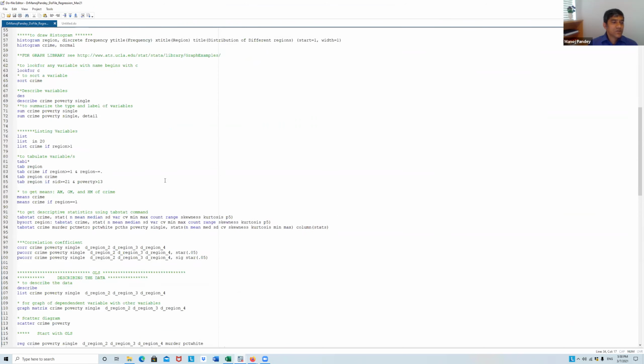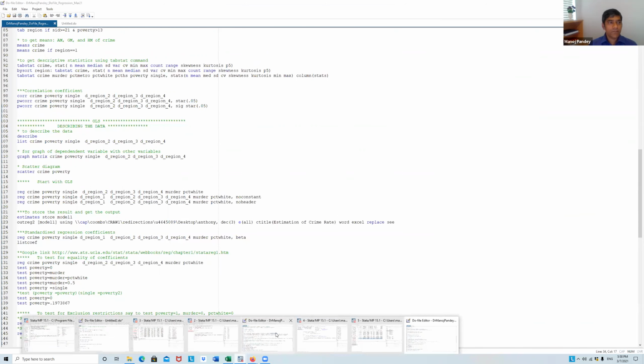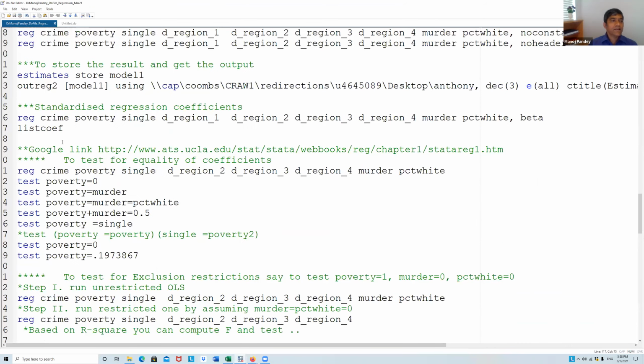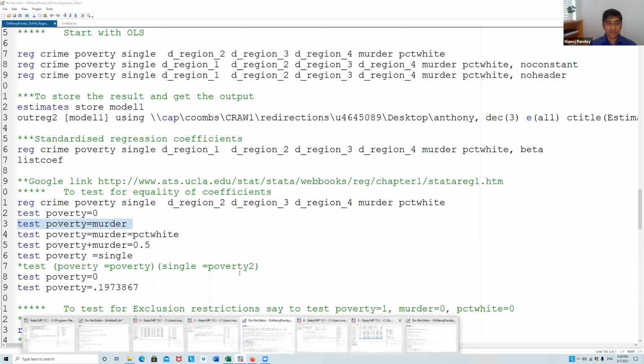All right, so right now, once your regression is done, you can have some tests. You can have these tests like if the coefficient of poverty and murder are equal.